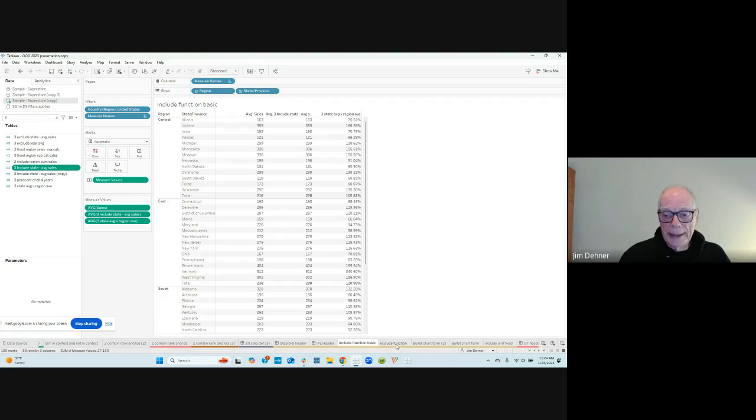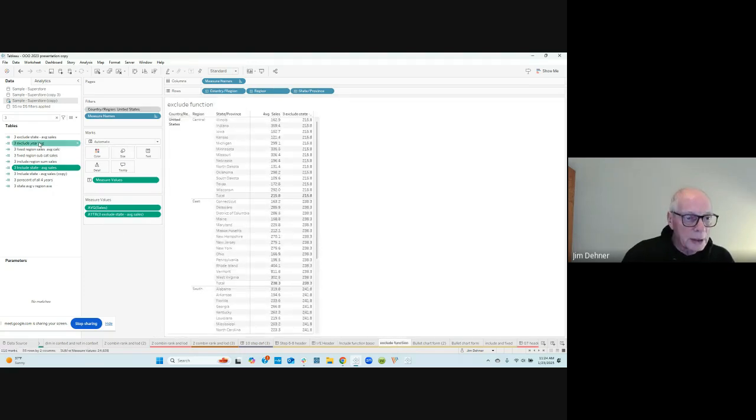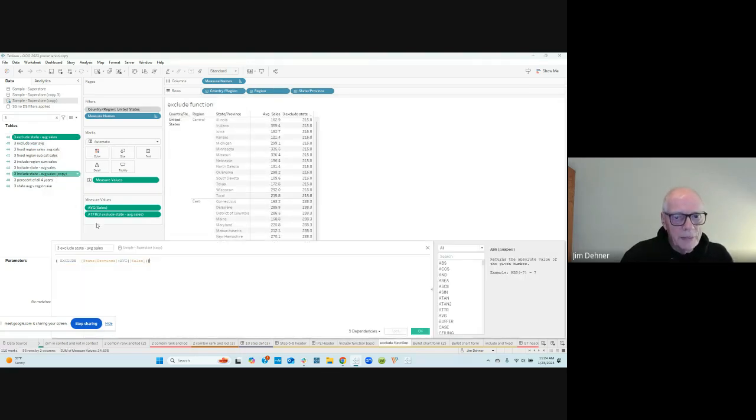Now, let's take a look at the exclude function. And exclude, same function, except, there we go, except we're using exclude. And exclude says, well, if we don't include the state, go to the next higher level that's in the view, which is the region level, and what's the total, excluding the detail associated with the state and the province. And the average of those, the average of that is this 215